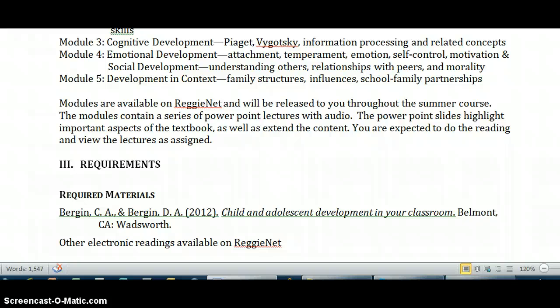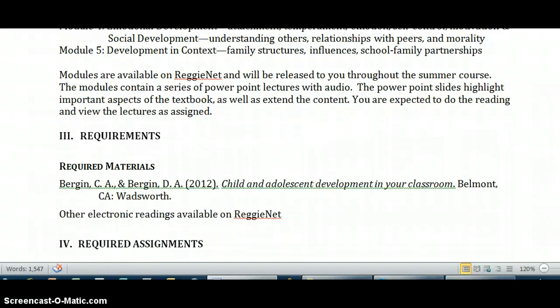I do not just release them all at the same time, because although you can work at your own pace, I want to make sure that you are devoting enough time and attention to let yourself process and really understand the concepts before you move on to the next module.